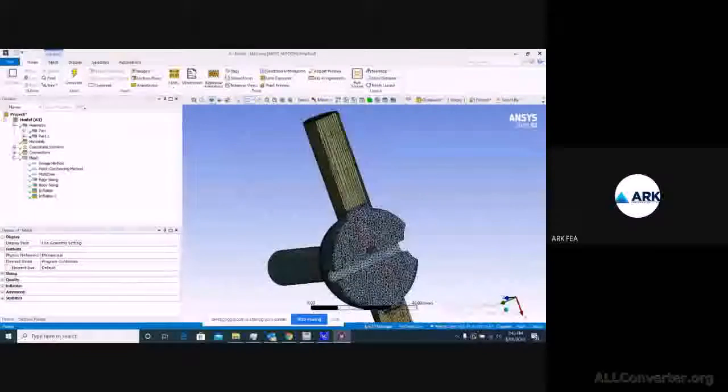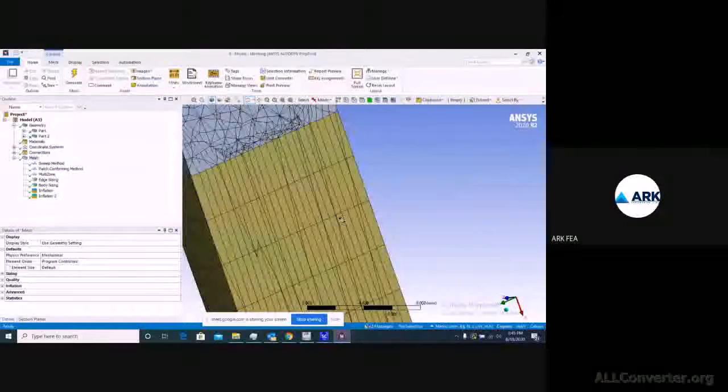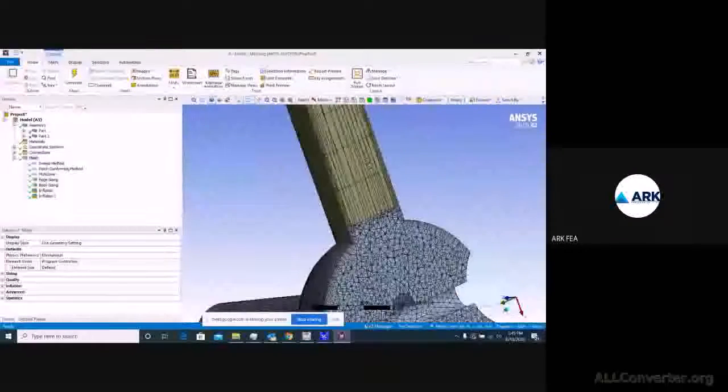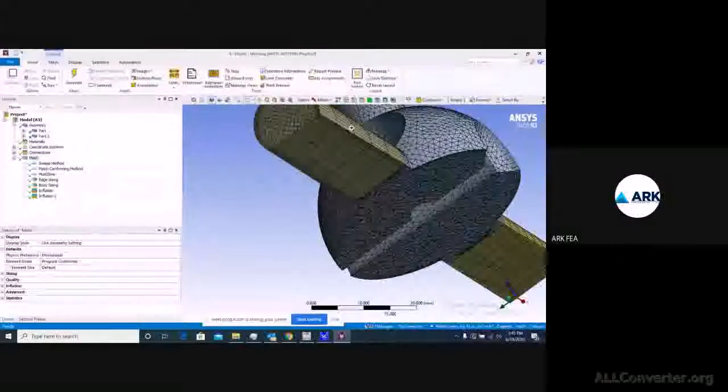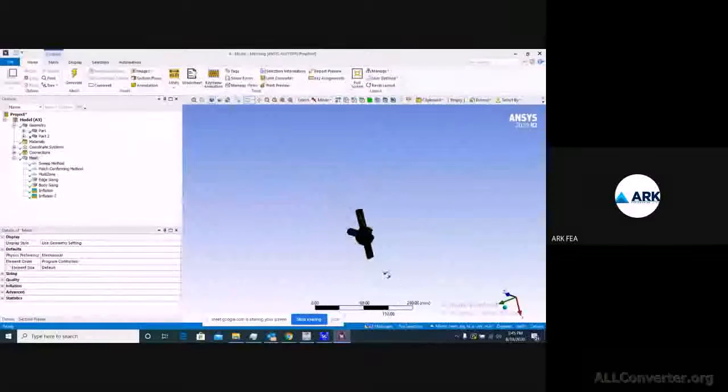From here you are able to see that this part we have not added the inflation, and these two parts we have added the inflation, and it is showing us the boundary layers being created, that is inflations being added here.